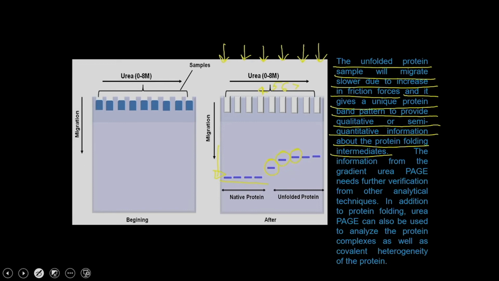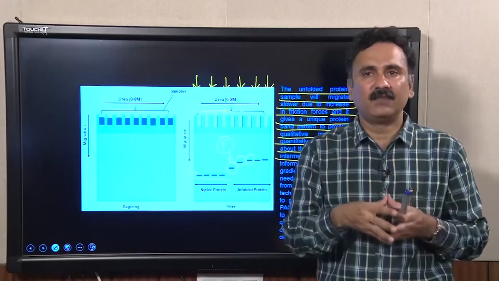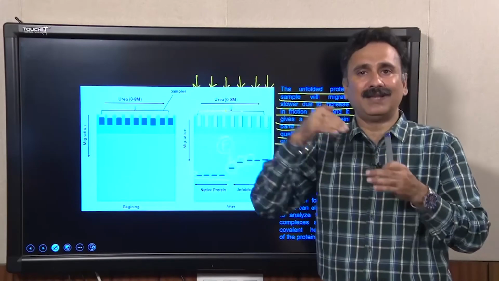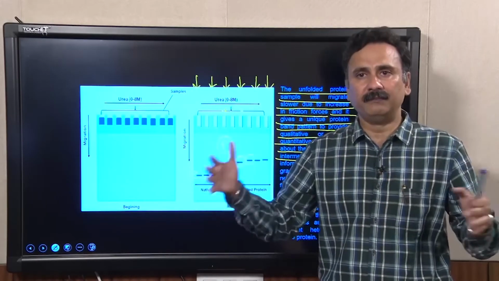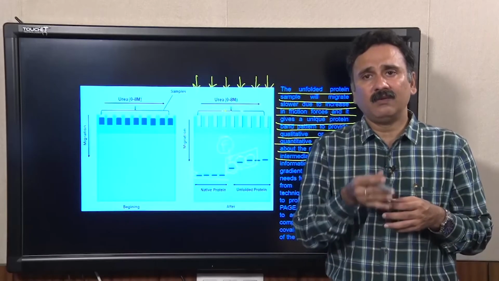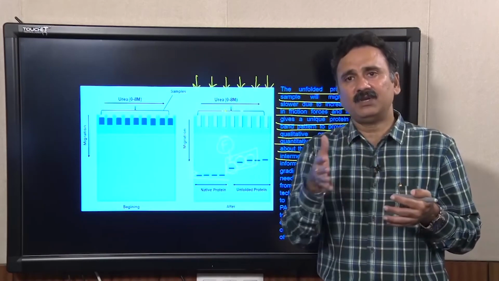At this stage the protein is completely unfolded, because as it unfolds, it is going to experience high frictional forces, and because of that it is going to oppose migration within the acrylamide gel, and as a result its migration is going to be slower and slower, and that slowing is going to be proportional to the increase in hydrodynamic volume. That can be mapped to draw semi quantitative as well as qualitative information about when the protein is going to be unfolded, when it is going to be denatured, and when the protein is stable. So, that information can be used to